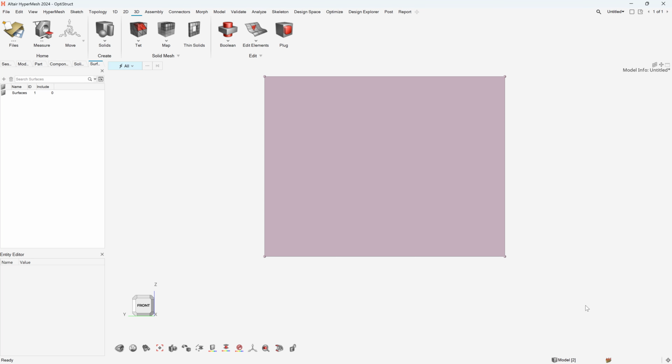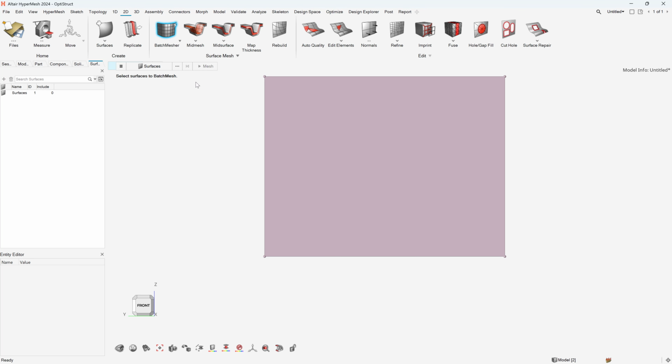Why is it important? Maybe those commands are not important, but the selection method, the way we are going to select the thing, that is very important and very flexible. Actually, we are very much habitual to that. And here we have docked window. Of course, if you want to mesh, just go to the 2D page, and here you have batch mesher, and here you have this command, and we have here not batch mesh, sorry, here we cannot go with the batch mesh right now,